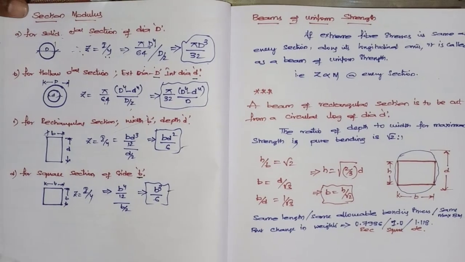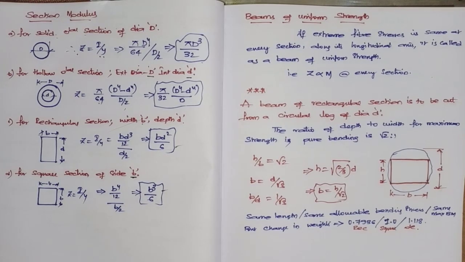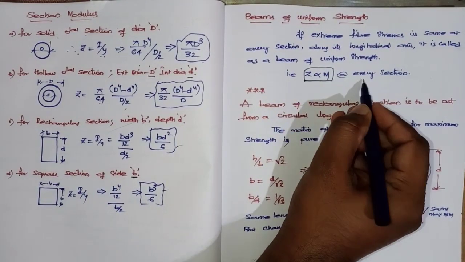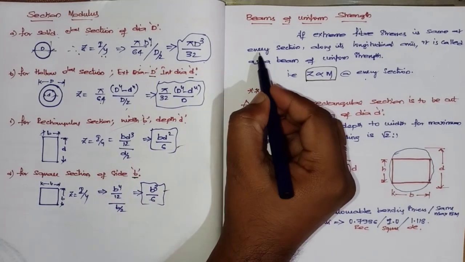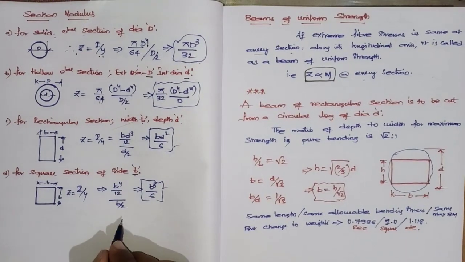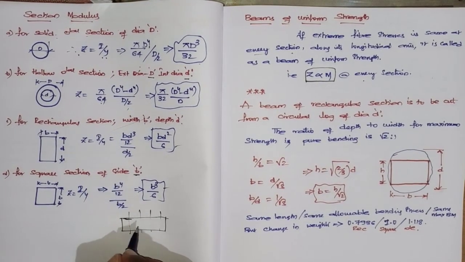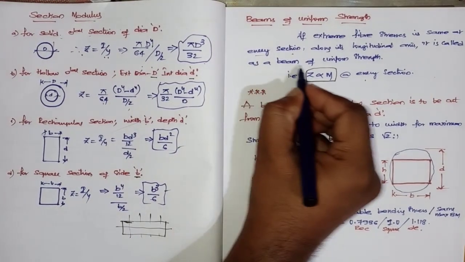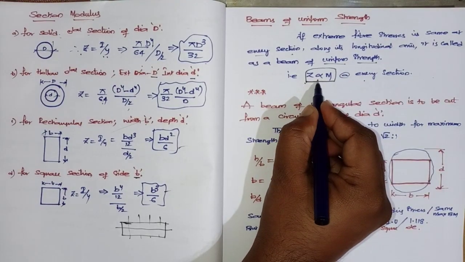Right. Next, coming to beams of uniform strength. Now what does uniform strength mean? The section modulus is directly proportional to M at every section, which means the extreme fiber stress is the same at every section. Suppose a beam is like this. At every section, if I check the extreme topmost fibers and they are the same along its longitudinal axis, it is called a beam of uniform strength. That is nothing but Z being directly proportional to moment.